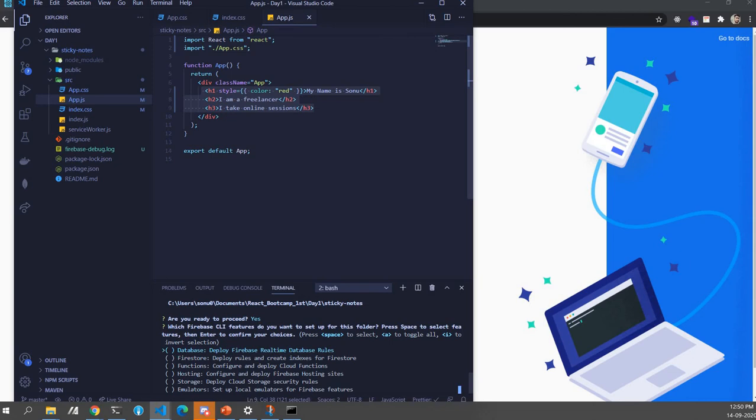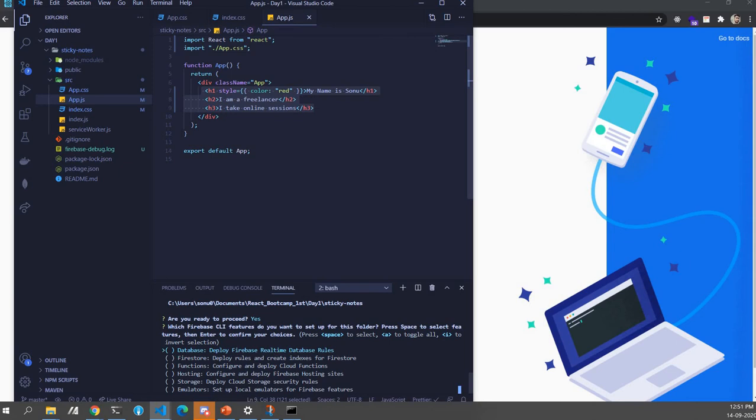Okay, are you guys there? When you run firebase init, the first thing you see, type capital Y and enter. Write it down, because this is the same step you can do multiple times, and you will be saving a lot of time in hosting. This is just like the template.